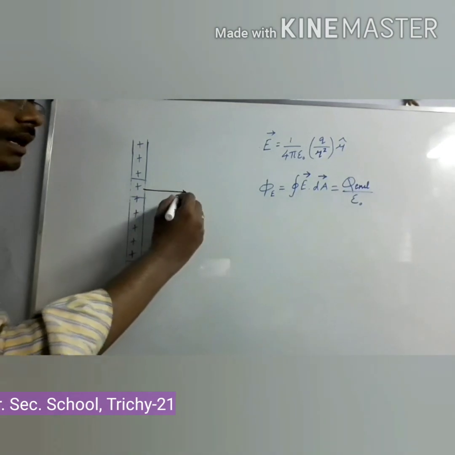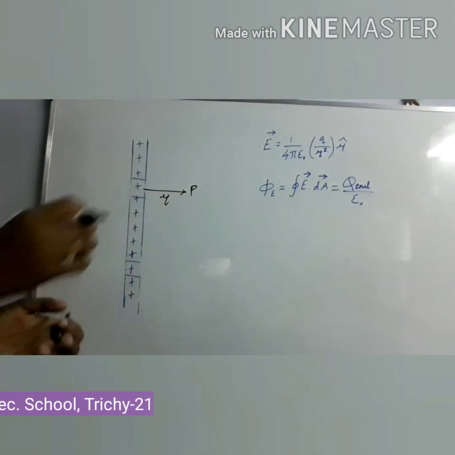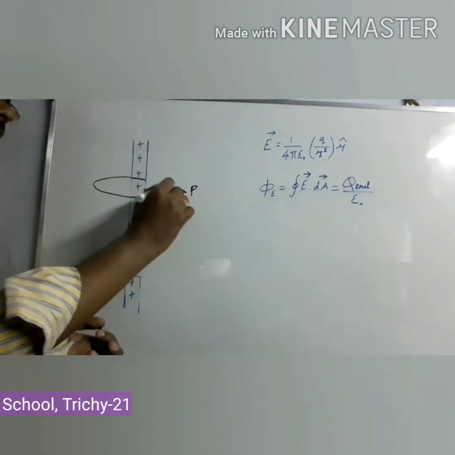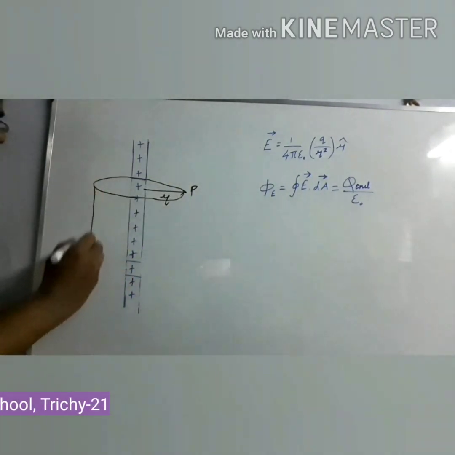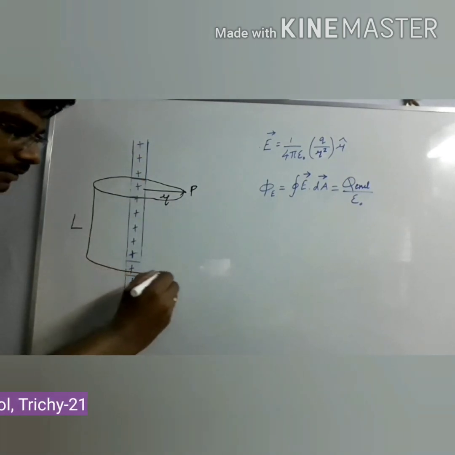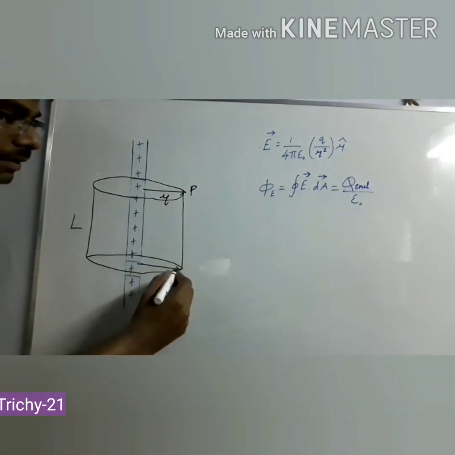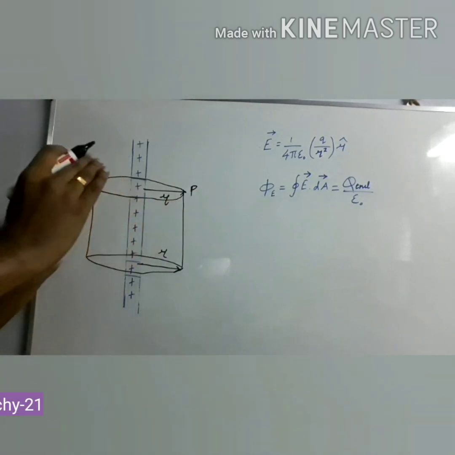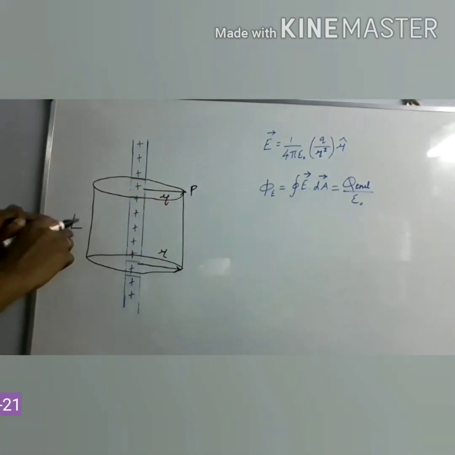So at the distance R, we have the point P. There only we are going to find the electric field. Then you can take that R as a radius, and you can imagine the top circular surface, and let L be the length of the cylinder. Here also R. Now we have imagined the cylindrical Gaussian surface with the radius R and the length